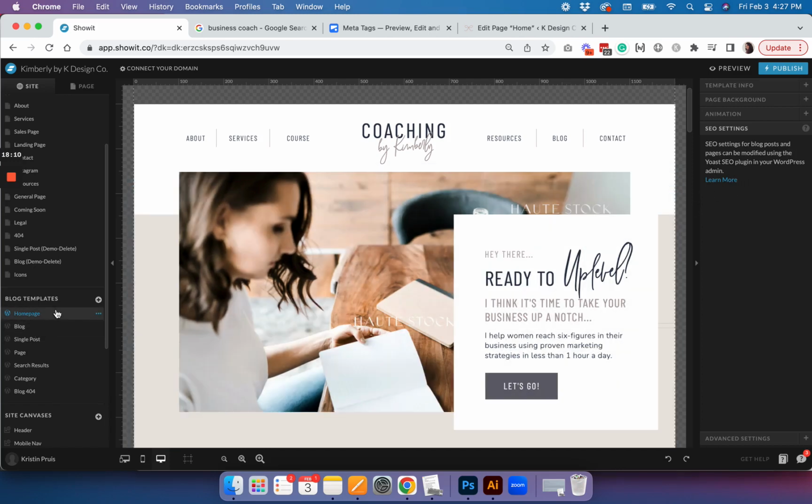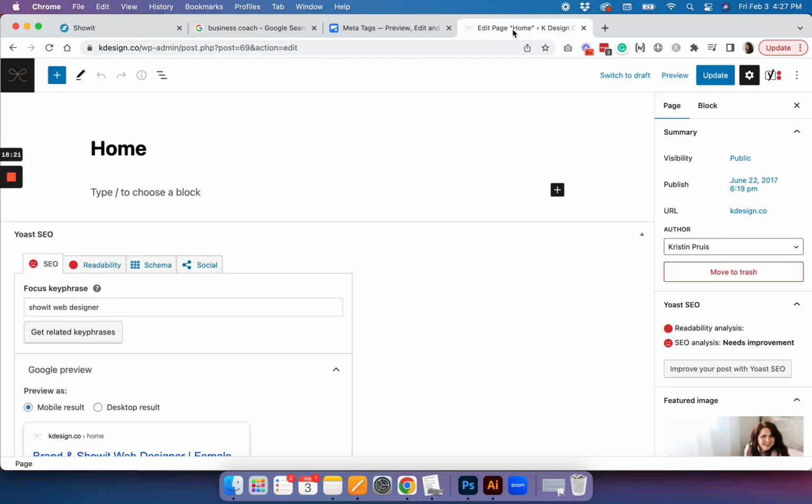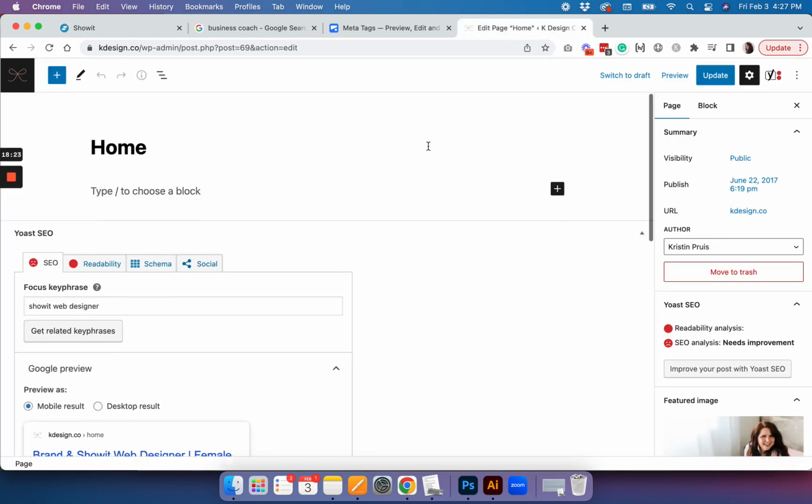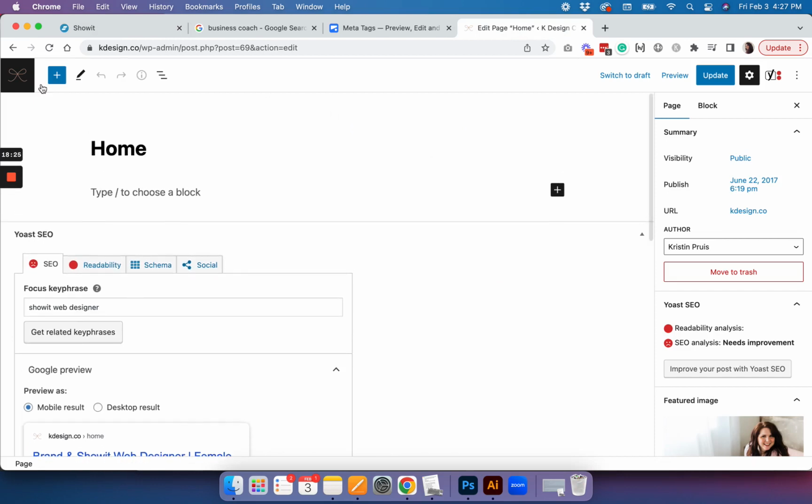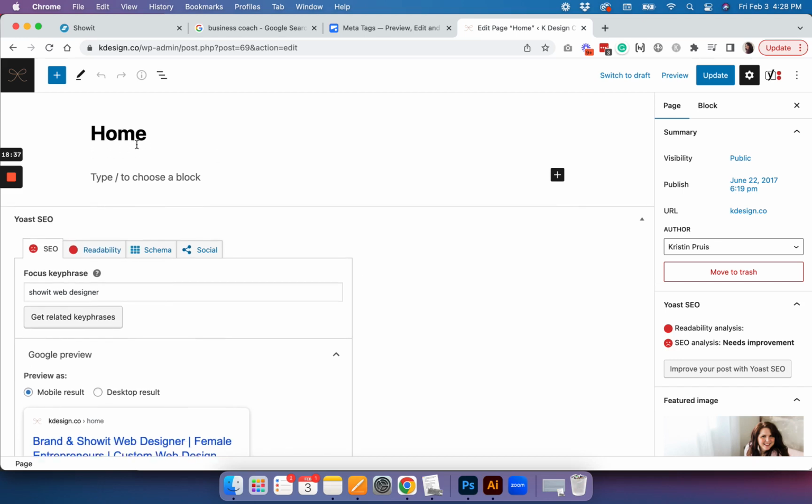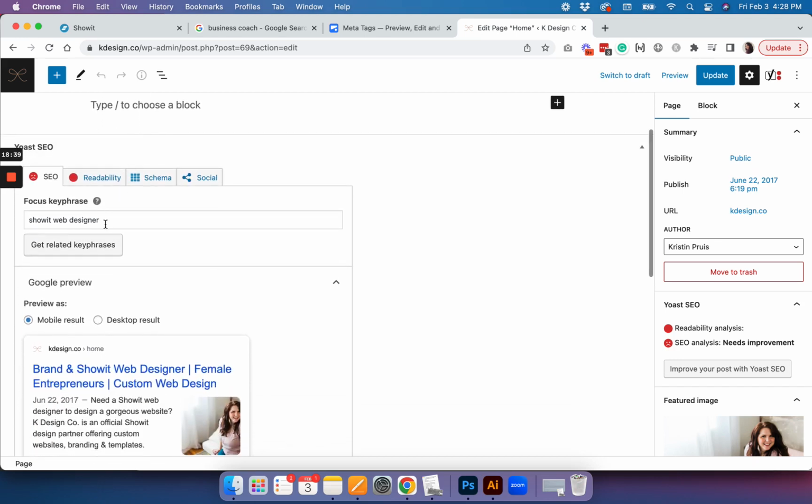So I'm going to show you actually how you can add those as well, using my own homepage as an example, because I have a WordPress version of my homepage as well. So I'm going to click over here. This is my homepage that I pulled up. And when you have a WordPress enabled page that is listed on your blog templates, you'll need to also have this page in WordPress. So I have a page called Home in my WordPress, and once you have your Yoast